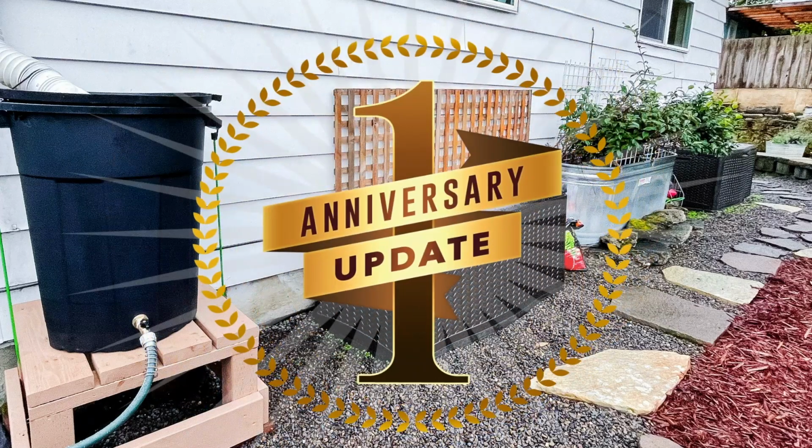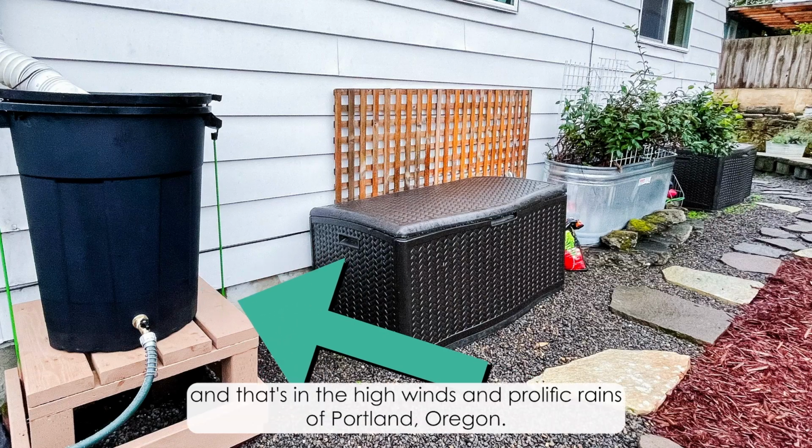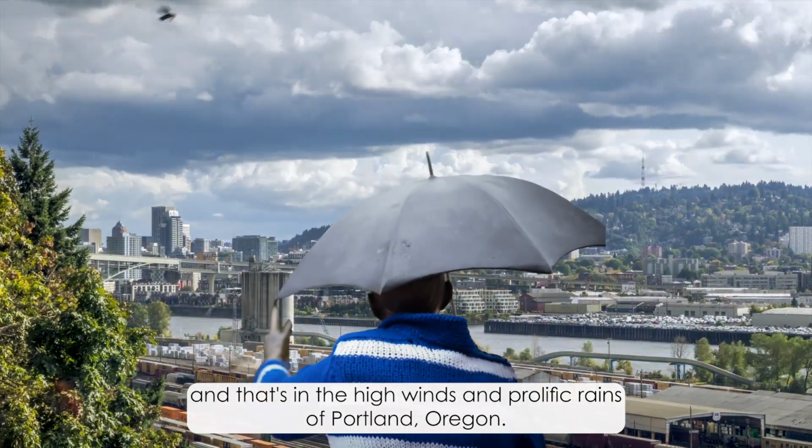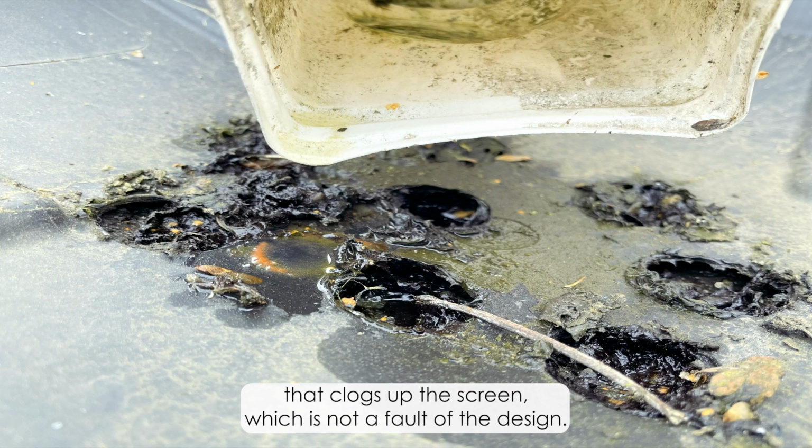1-year update on my DIY rain barrel and stand for $50. This rain barrel has done a stellar job, and that's in the high winds and prolific rains of Portland, Oregon. The only issue is this gunk from the downspout that clogs up the screen, which is not a fault of